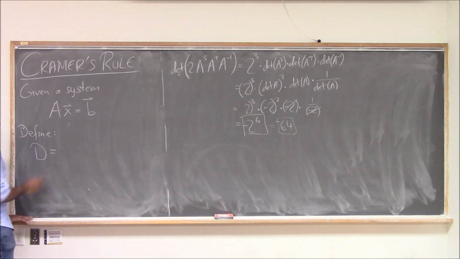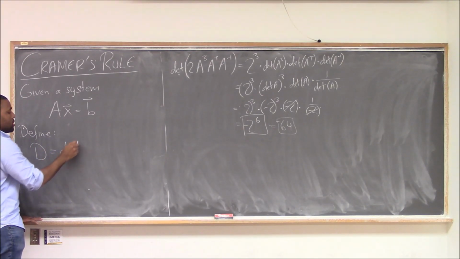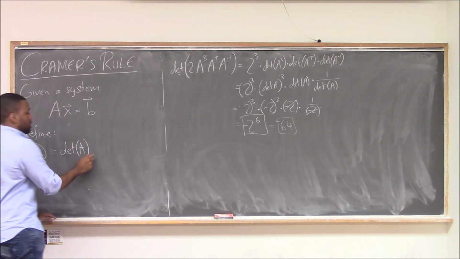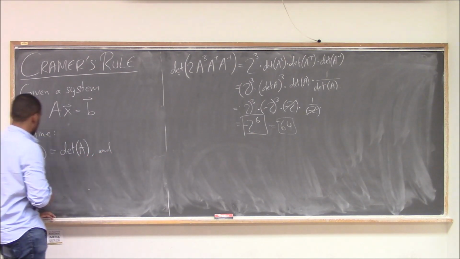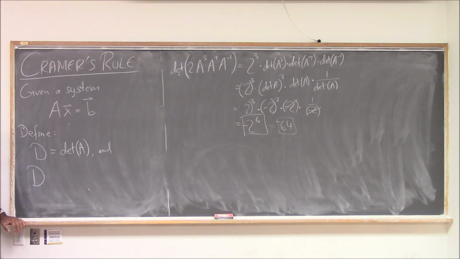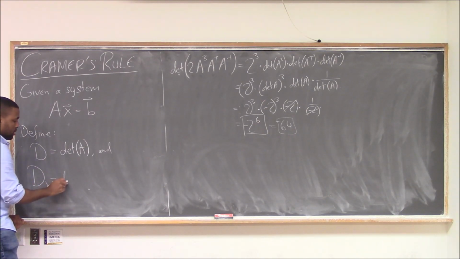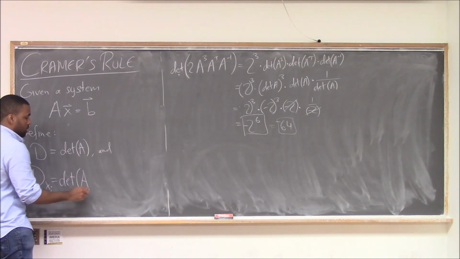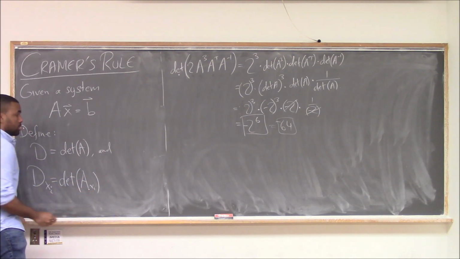Define D to be the determinant of the coefficient matrix. And define D sub xi to be the determinant of A sub xi,